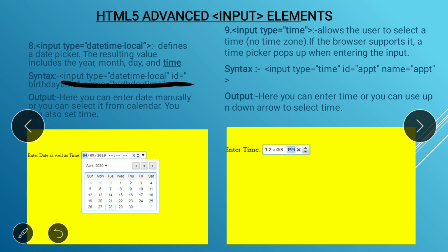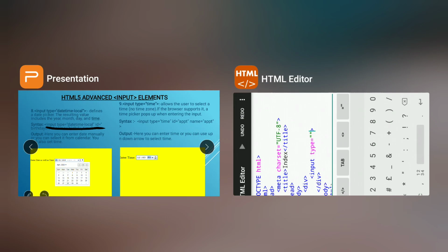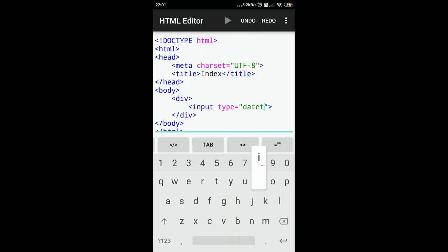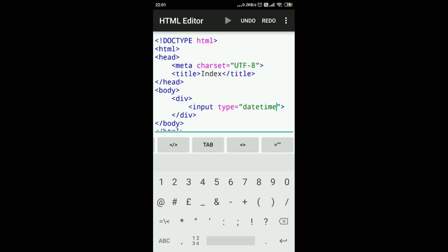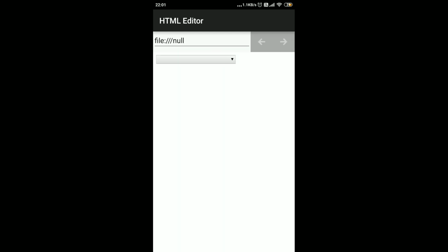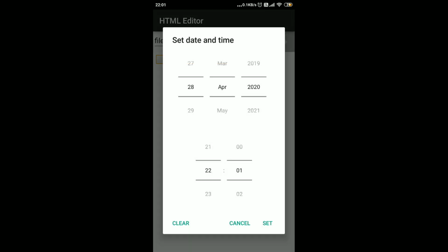So here input type datetime-local, right? I think that's it. Okay, you can see one text box, and you can set date and time here.